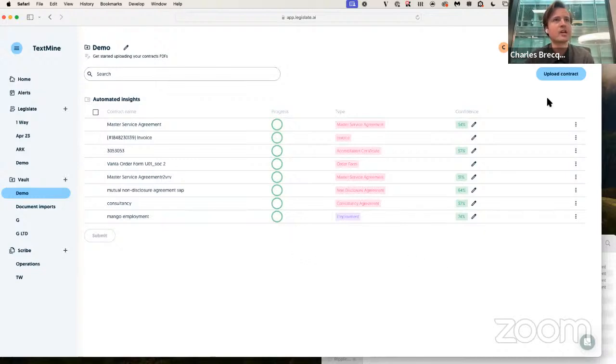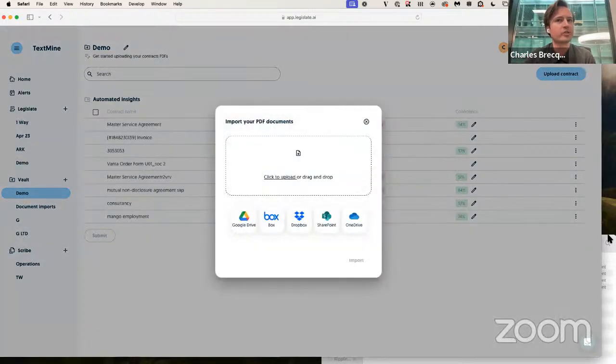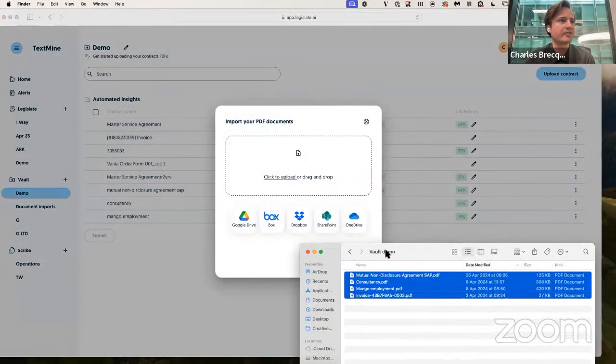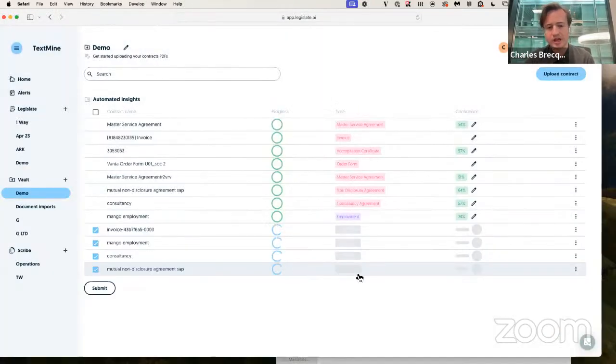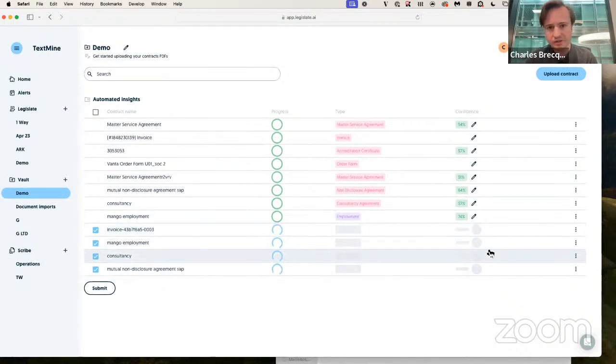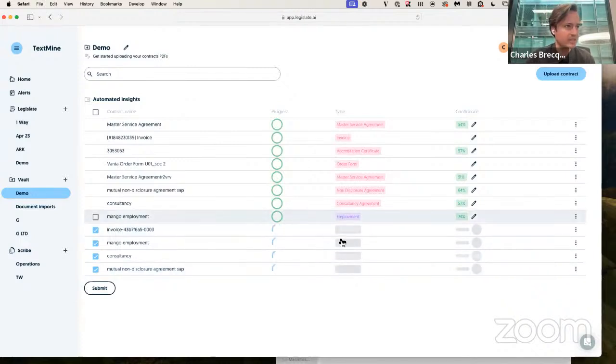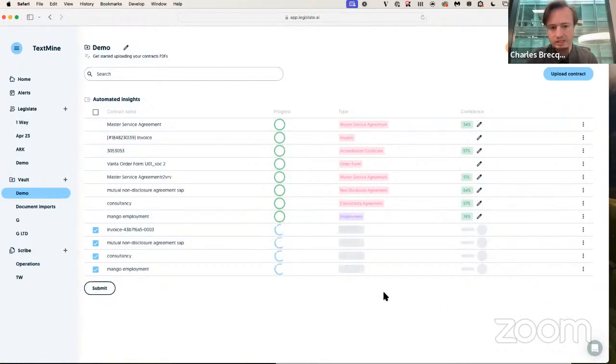So in terms of extracting data from documents and answering questions, we do have native integrations. We can also set up email inboxes, because a lot of these PDFs are flying around inboxes, so we can connect to them to ensure that they get automatically extracted. And once they are submitted to our system, also via drag and drop, that's another option, the model will do two things. It will first look at the underlying text to categorize it. So we can see here it's already identified an invoice.